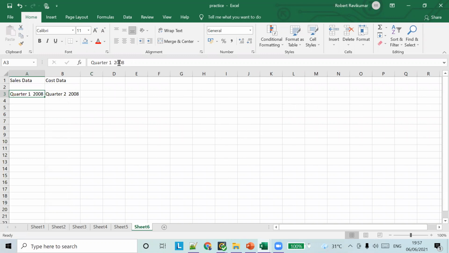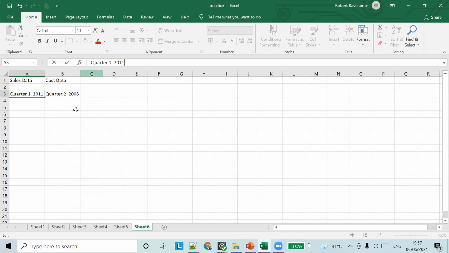Let's say I change the instance number to 11. So what will be the result here? Can anyone tell me?